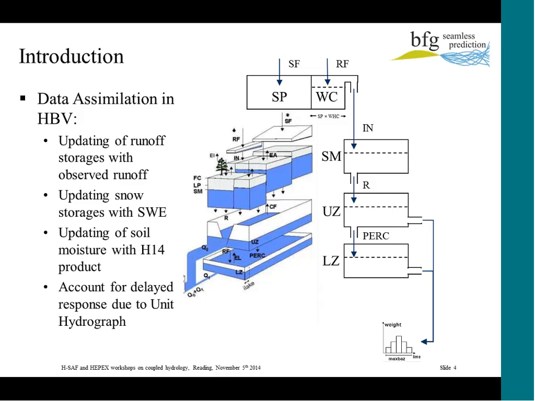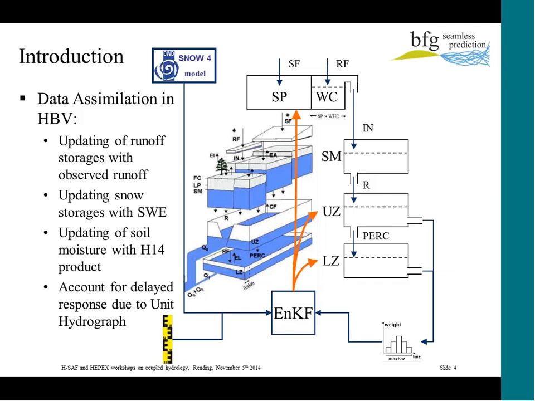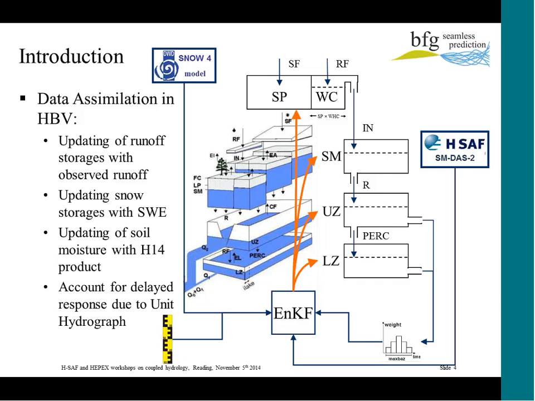So we built a data assimilation procedure based on this concept. And we use ensemble Kalman filter together with observed discharges to update the runoff storages, upper zone and lower zone. And also we use snow water equivalent from the SNOW4 model of the German Weather Service to update the snow storage. And we used the H14 product of H-SAF, the root soil moisture index, to update the soil moisture storage